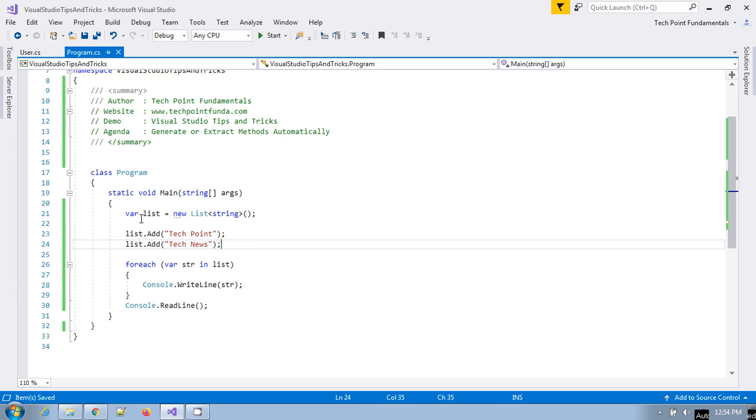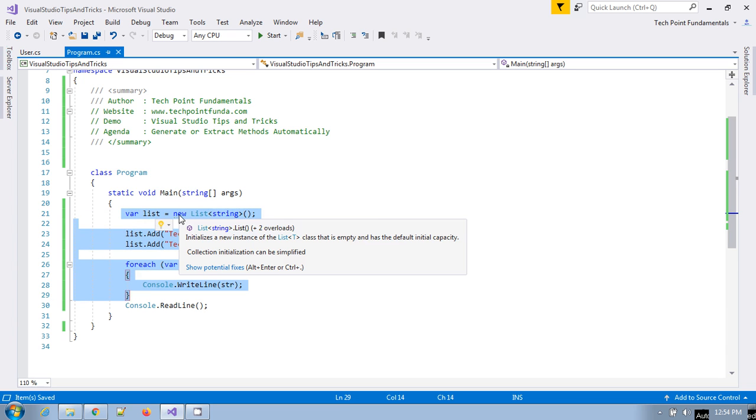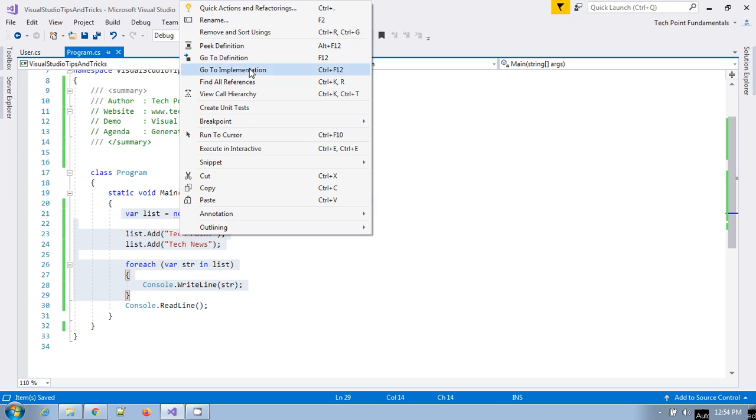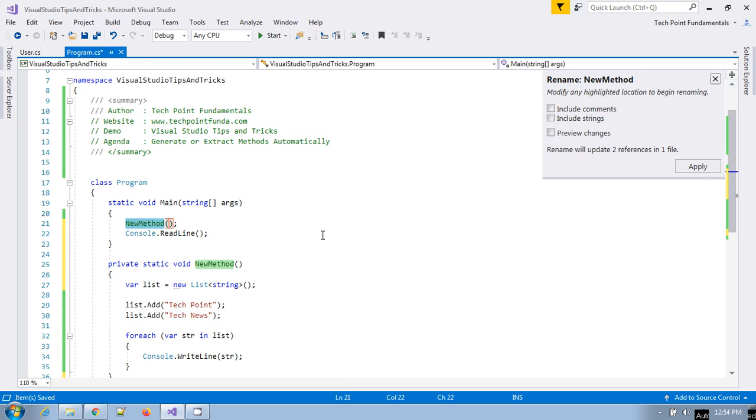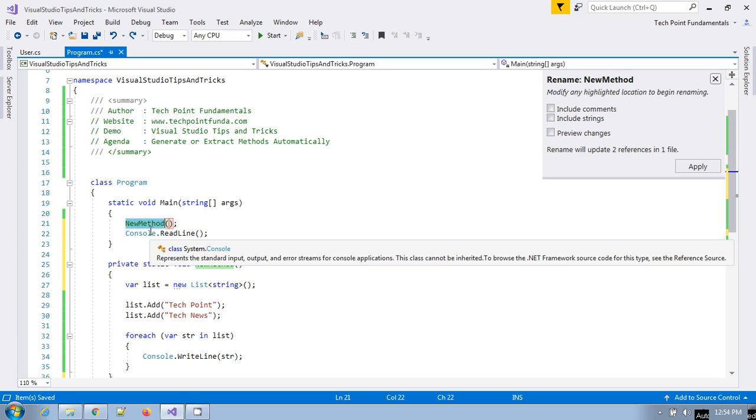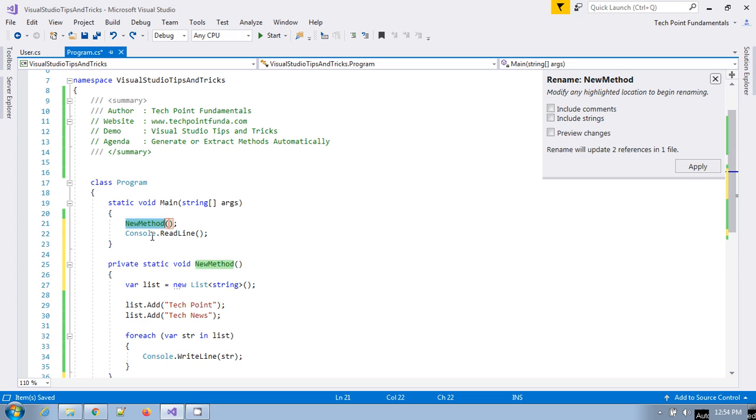So you just have to select that part and right click, and this quick action and refactoring, just click on that. Here if you see this, there is an option of extract method, just click on that and it will automatically create a method and call that method